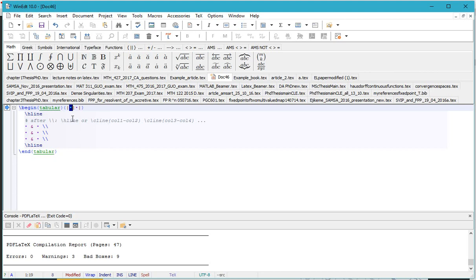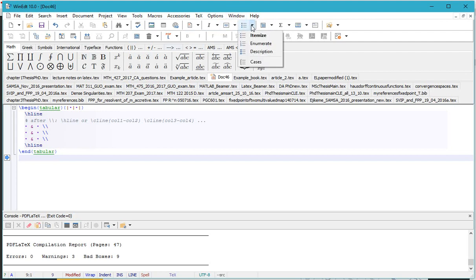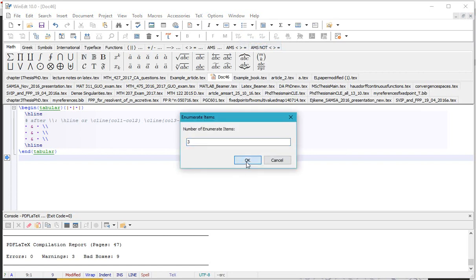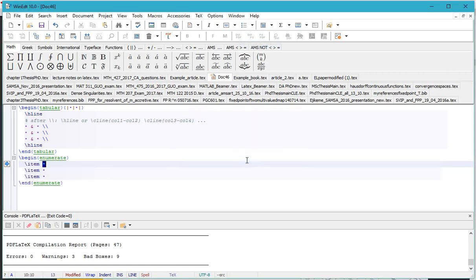So you just input the values or the text here, and then LaTeX will create a table for you. So if you forget the command for creating a table, you can always get it on this desktop. Likewise, if you forget the LaTeX command for listing your items, whether you want itemize or enumerate or describe, you can always get them here. And when you click enter, LaTeX gives you a dummy enumerate environment where you can type in your